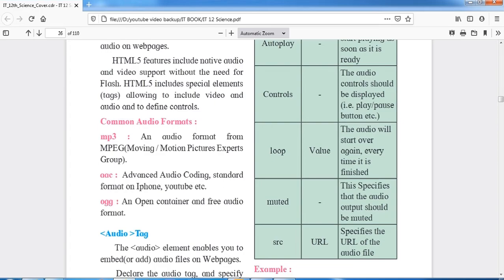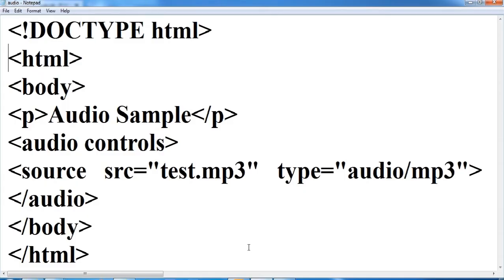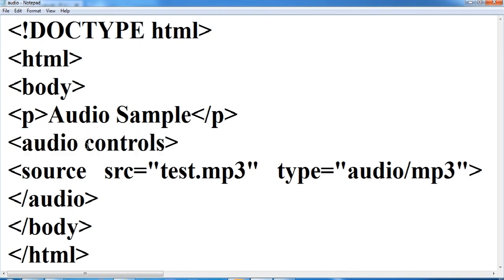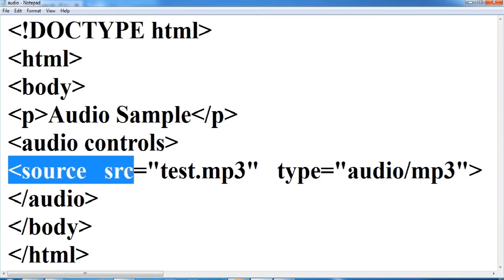Let's see one example I have made here. It is a simple program. I am using the audio tag with the attribute controls, so you can see the controls on the web page. Then this is the source file.